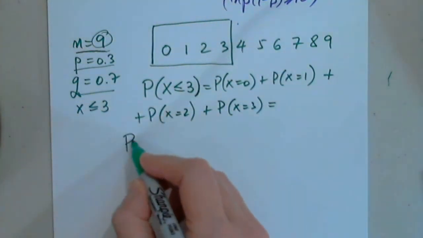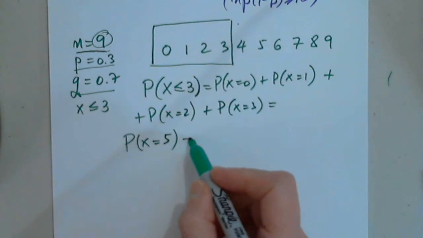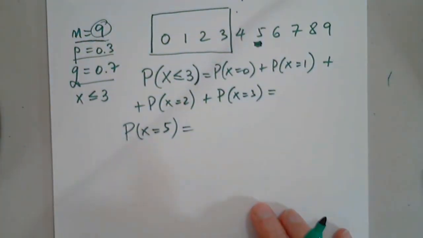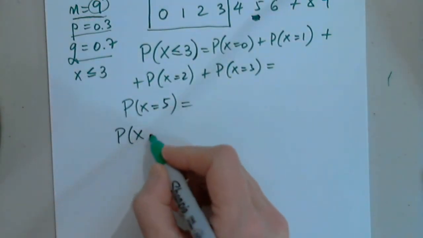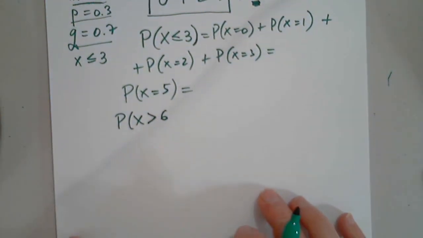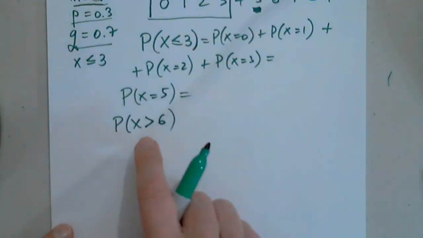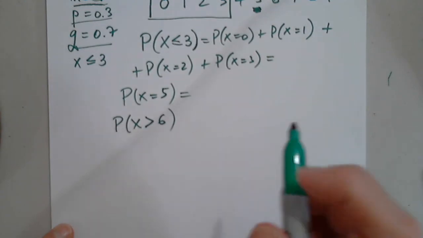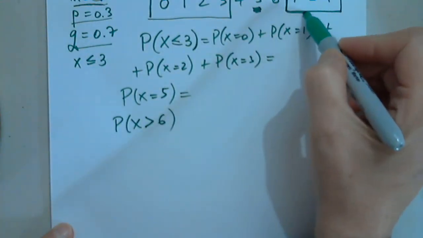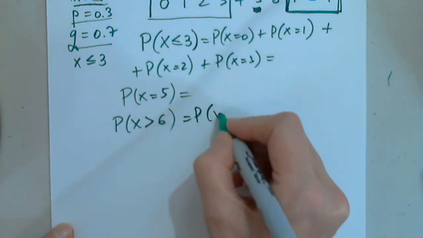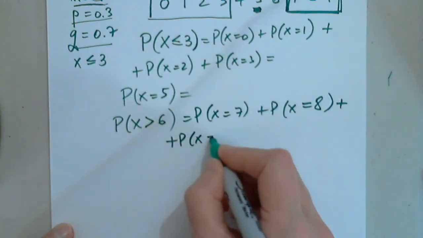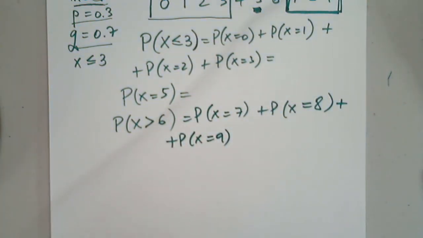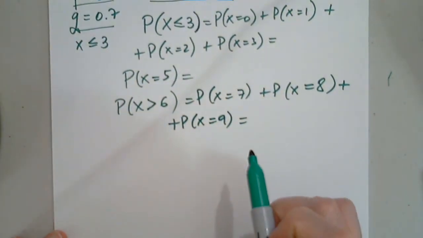What if I'm asked to find the probability for x equals 5? Then there is only one probability, just x equals 5. We're going to calculate all of these. Now, what is the probability for x to be greater than 6? Strictly greater, not equal to, is the probability for x to be 7 plus the probability for x to be 8 plus the probability for x to be 9. There is nothing else. And yes, we're going to calculate these, but how are we going to calculate them?